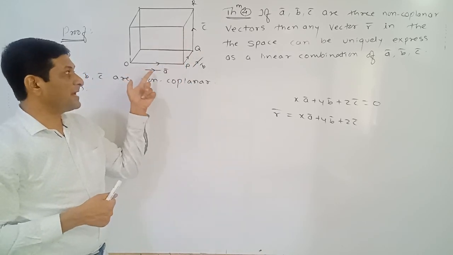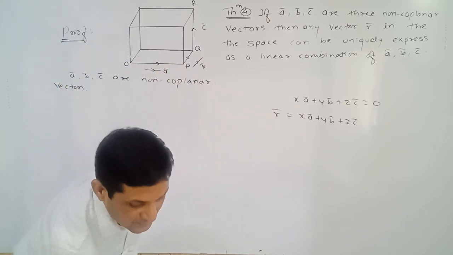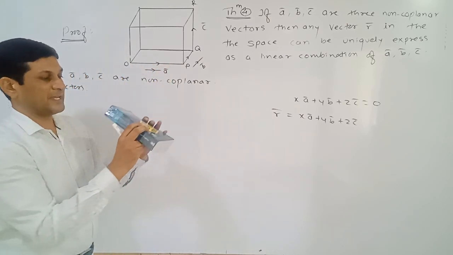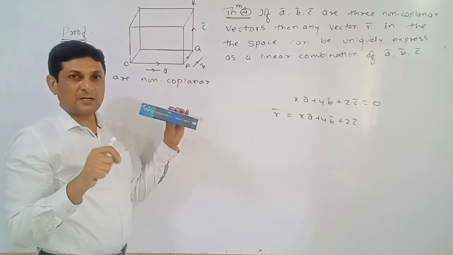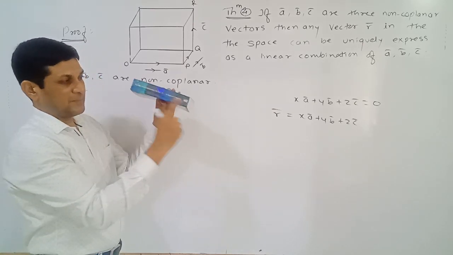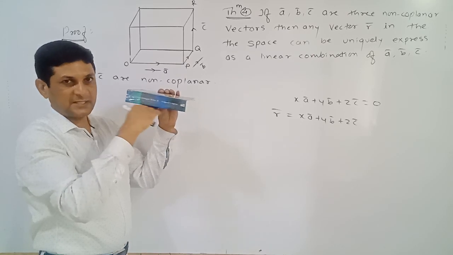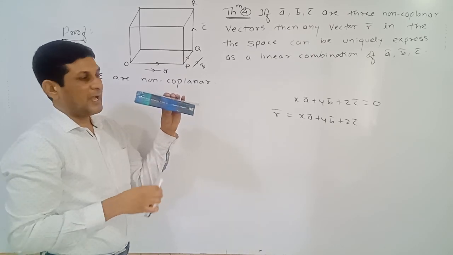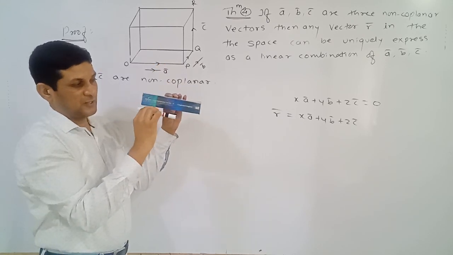As it stands, A bar is parallel to this edge. Now we will try to understand it by considering this book. Its shape is also like a parallelepiped. An alternate word for parallelepiped is cuboid. If you observe, is it a base parallelogram? It has 6 faces, and this face is nothing but the base parallelogram. And our one edge is parallel to A bar.